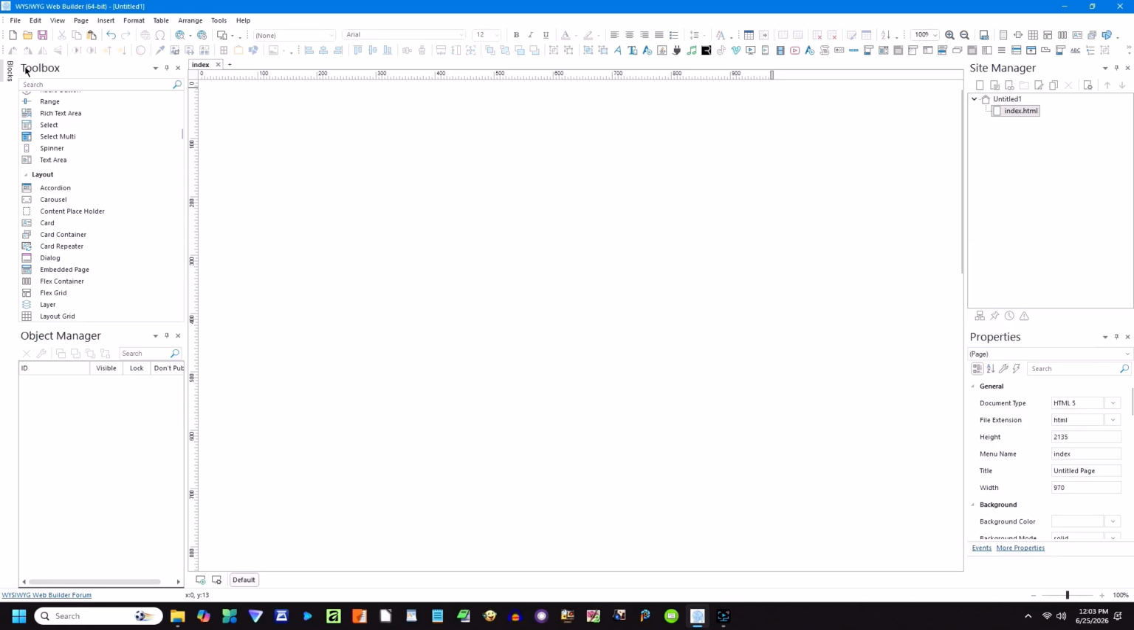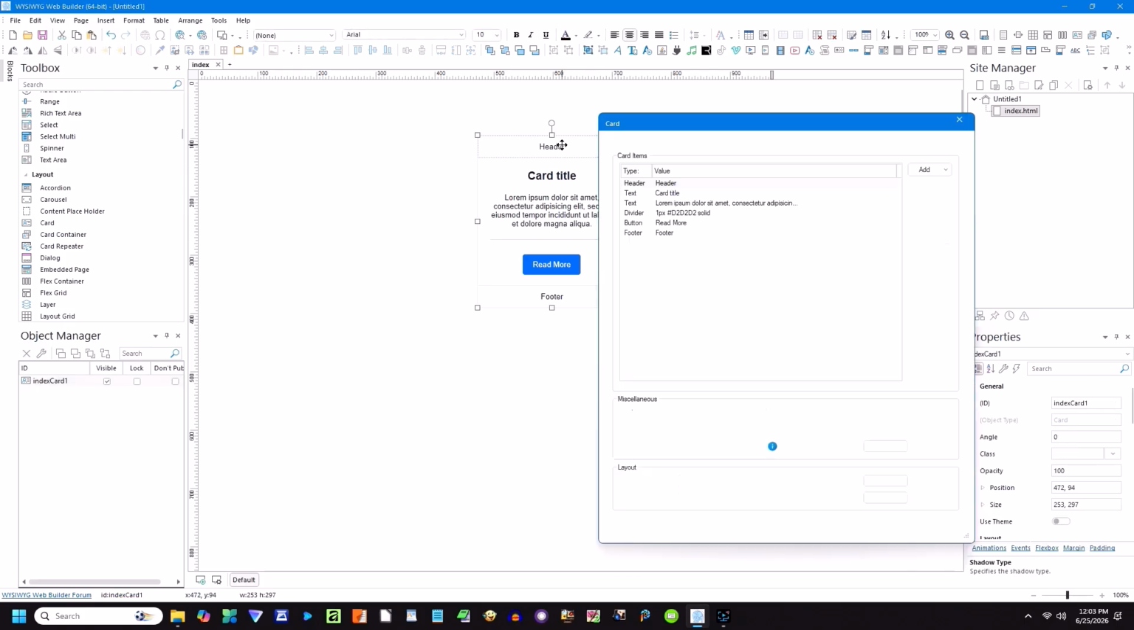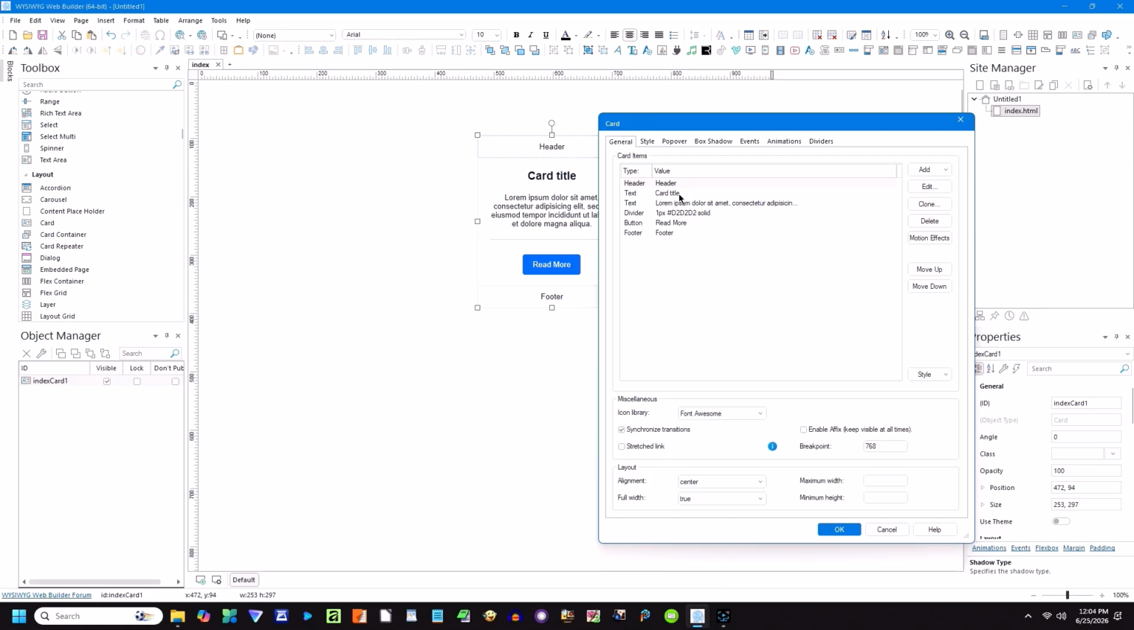In order to access navigation cards, go to Toolbox, come down to Layout, and locate Cards. Click on the Card tool, and draw the dialog box out on the page. This will present to you the card. The card will have a header, a card title, the body of text, a separation bar, a navigation button, and